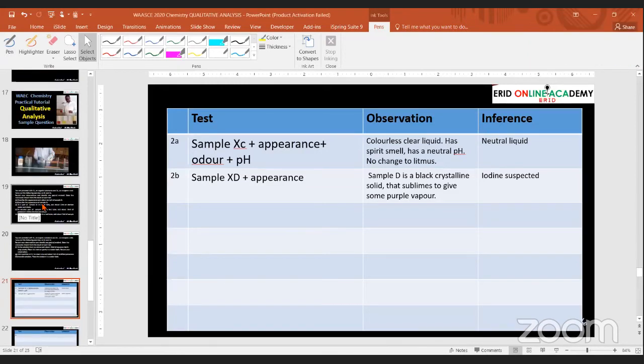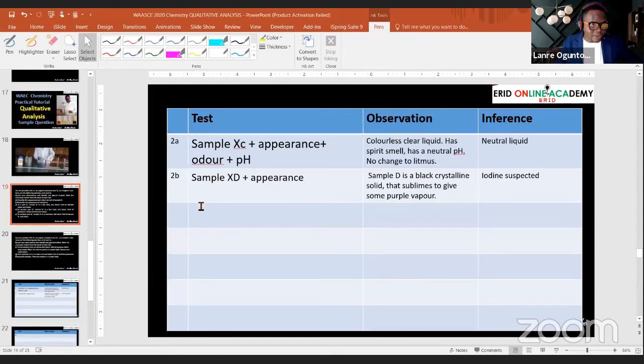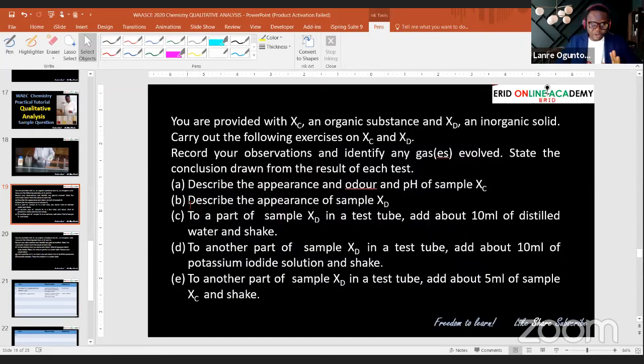Yes, sir. Okay, so we are taking that question B. If you follow this procedure, you can actually score all your marks under your qualitative analysis. So if you look at the next thing, it says